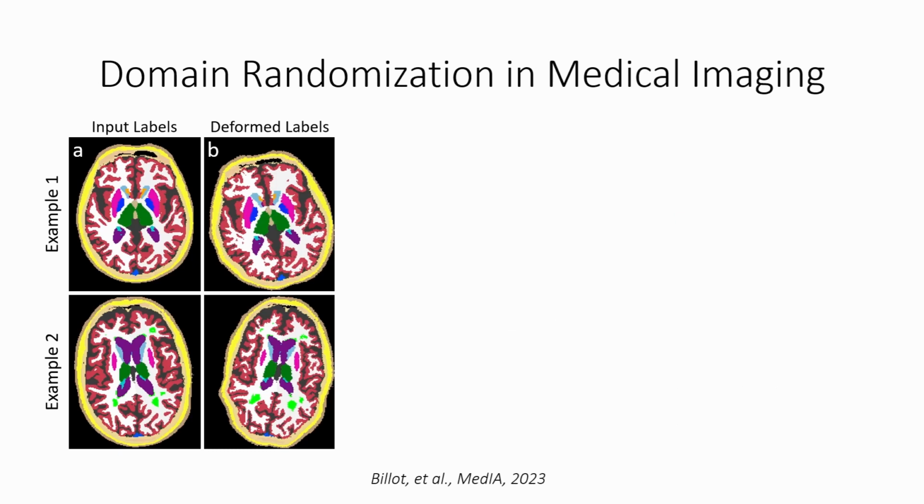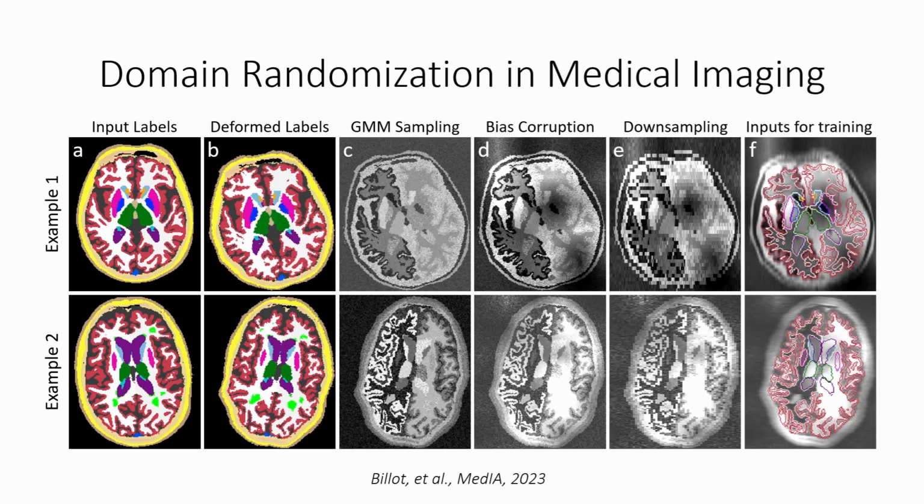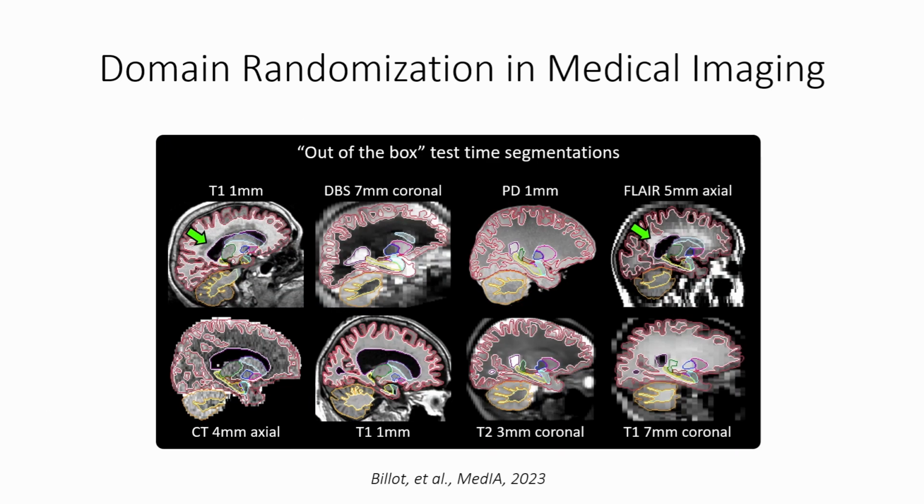For example, SynthSeg, a recent domain randomization method for the semantic segmentation of the brain, starts with a large-scale set of expert segmentations, from which it then samples from an appearance model to generate highly variable and crucially non-photorealistic training image label pairs with much more variation than is contained in all existing neuroimaging datasets. They show that a single semantic segmentation network trained on this data can then out of the box generalize to all forms of neuroimaging across modalities such as CT, various forms of MRI, and generalize across resolutions as well.